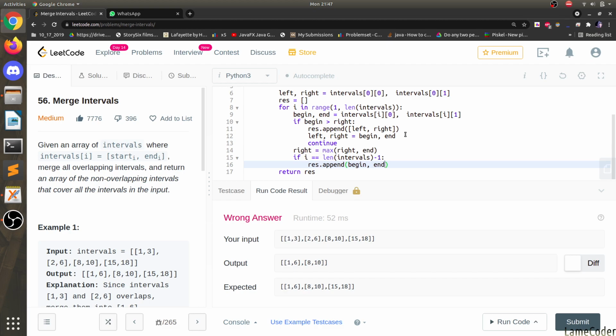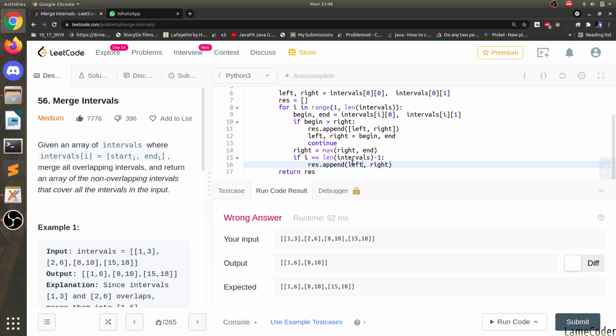If begin is greater than right, then 15 and 18 should be appended here. I don't know why it isn't. No, we have appended the current one, but we haven't appended the last one, yeah, that's the problem. So let's go back. Here we can append our left and right.